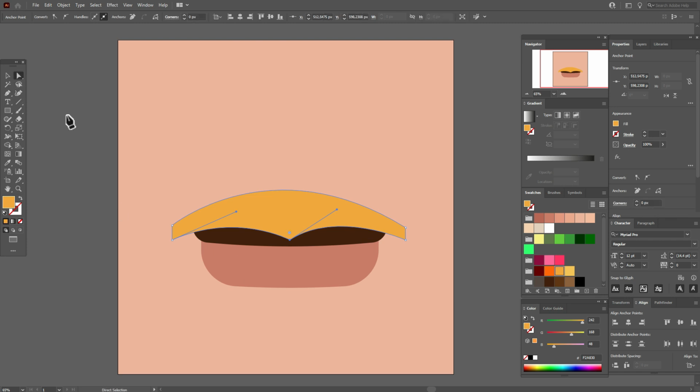Okay. Now direct selection tool, and we need to select these two points and round them, and the same here, and select this one and a little round the corner. Okay guys,